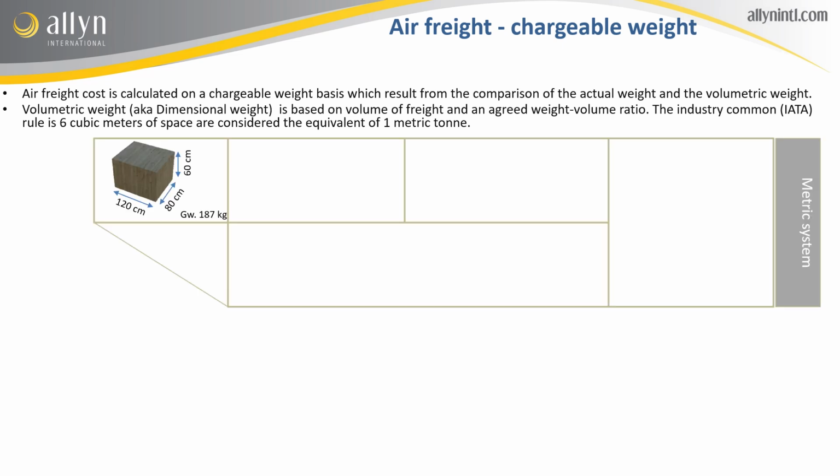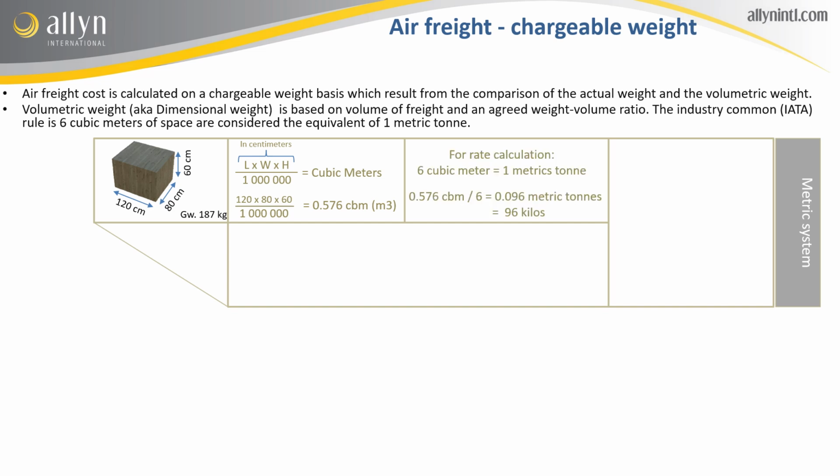In our first scenario, the case we want to ship by air is 120 centimeters long, 80 wide, and 60 high, for a weight of 187 kilos. There are two main ways to calculate the volumetric weight, the long one and the short one. In the long one, we start by calculating the volume. We multiply the length by the width by the height and divide that by 1 million to get our volume in cubic meters. So in our example, 120 times 80 times 60 divided by 1 million, which gives 0.576 cubic